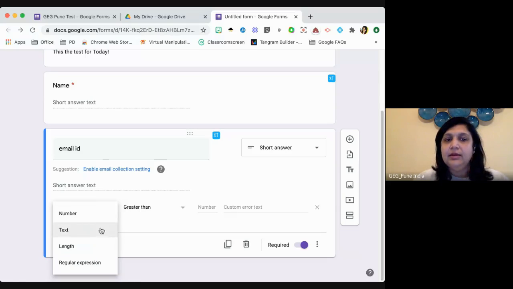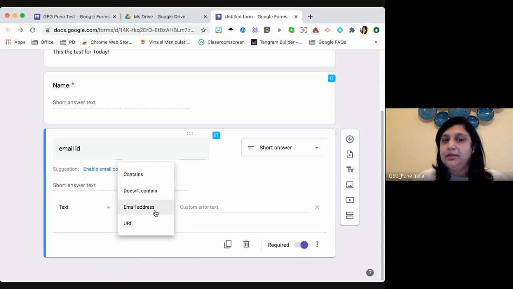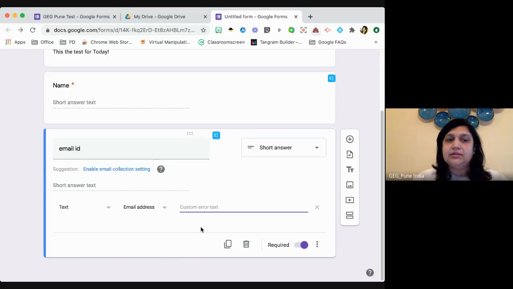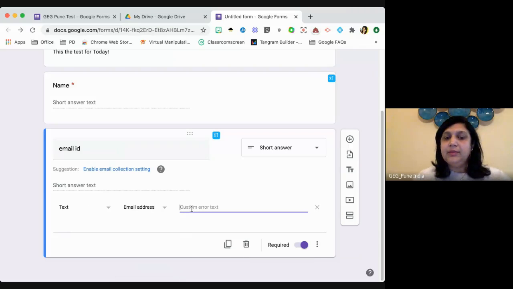So you click here. यहाँ पे if you go, it is always going to be a text. Okay. Email address में it is a email address, right? When you click this arrow, it gives you everything that is here. So it has to be an email address. The third option says custom error text. Let's say somebody just put, I should not be actually picking this. It can be a regular expression. But let's go with text right now. And then galat email address ala, so what do you want them to see on the screen? So I will say, please enter valid email ID.